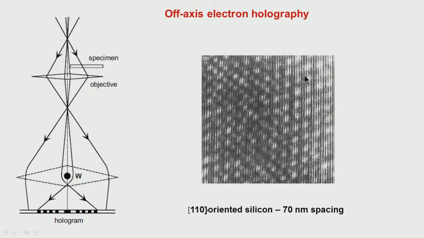But here if you look at it, there are two types of fringes which we can see. One fringe contrast has a larger spacing, and another has a fine spacing. The fine spacing one corresponds to the conventional high resolution microscopy, and the larger one has about 70 nanometer spacing. These can be used to get information about the phase as well as the amplitude distribution in the sample. In effect, we can get the structure information about that sample from this hologram.